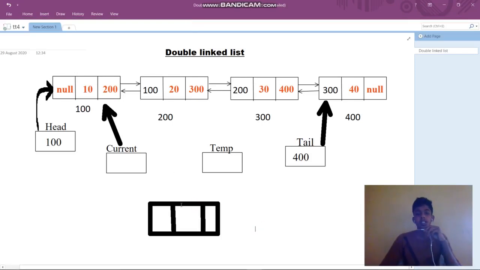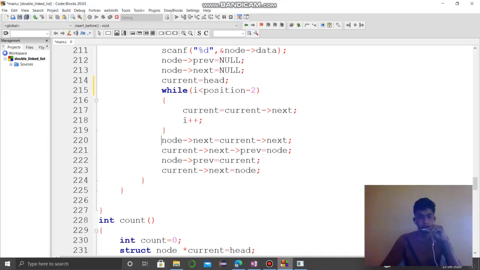Now node of next equals current of next. That means current of next is 300, and 300 is stored in node of next.